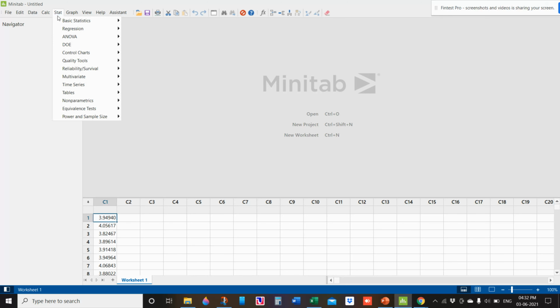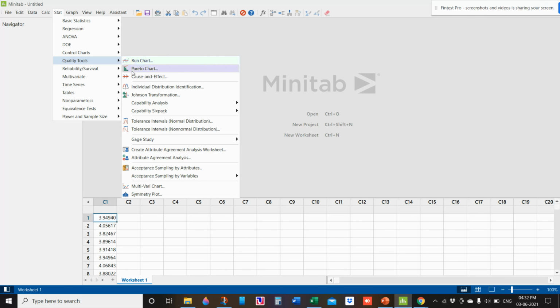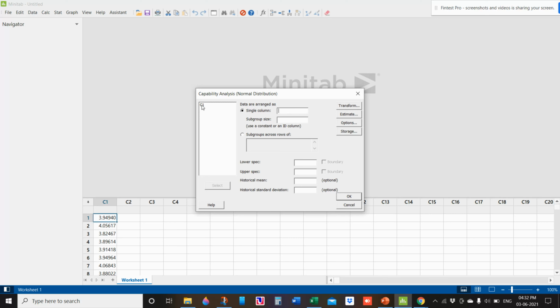Go to Stat, Quality Tools, Capability Analysis, Normal, then single column. Select the data here, C1. Subgroup size, I will say it is 1. 1 means at a time I have selected the data, like at a time I have checked the dimensions for a particular product.